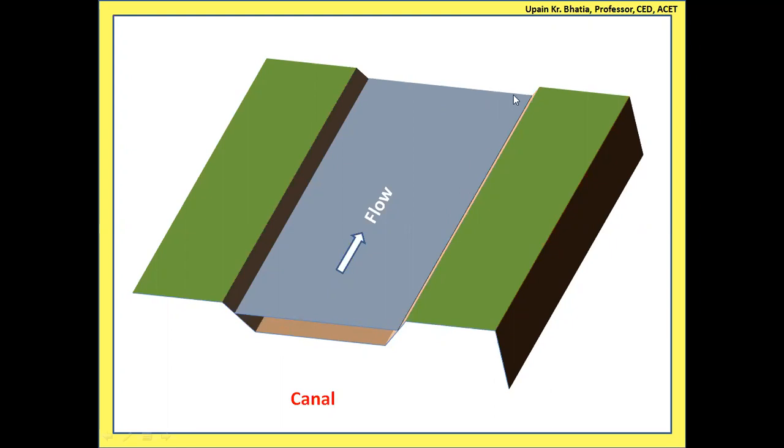This top blue surface is the water surface, which is a little below the adjoining ground. So the banks are a little above the water surface. The difference in the levels of the bank and the water is called the freeboard. Now, the silt which has entered into the canal, how do we remove that?